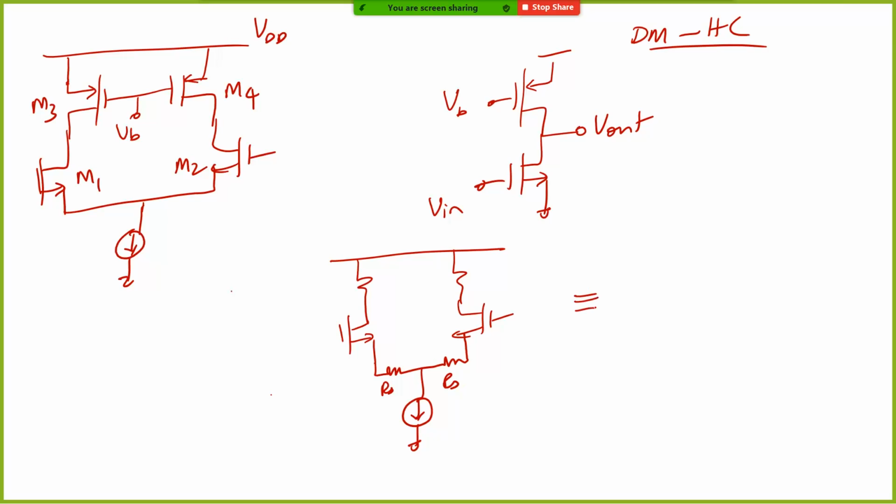Now the differential mode half circuit will look like RD, this with RS. Now this is a common source with a source degeneration. This RD can be replaced by a current source or a current mirror load, whatever it is. So all that we saw in the previous module under common source, the same thing applies here for differential mode circuits. Now what is the differential mode circuit? So many times you will basically have, let's say,